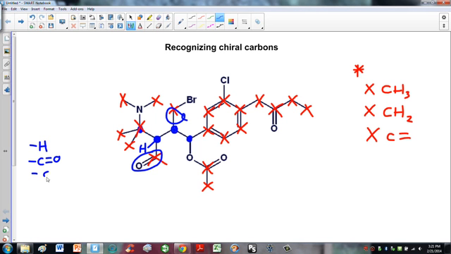Alright, so here we've got a carbon, we have a nitrogen coming off it, we got a methyl coming off it, we got another methyl coming off it,